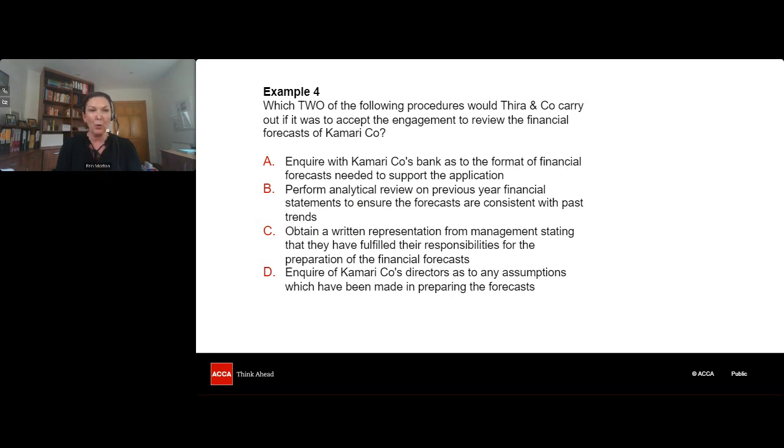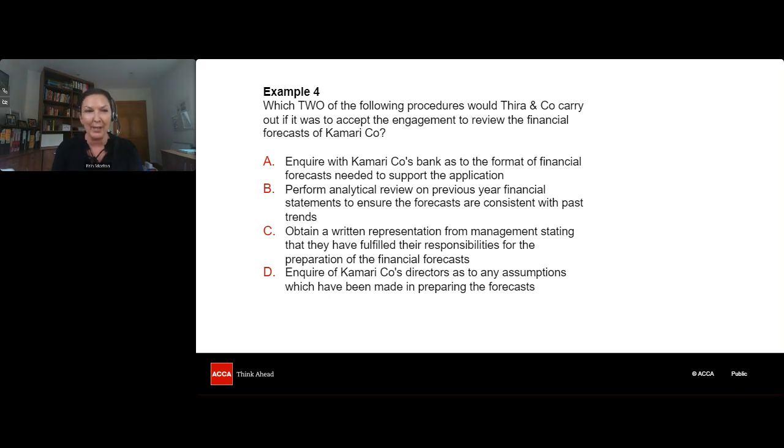Example 4, this next one. Which two of the following procedures would Thura & Co. carry out if it was to accept the engagement review of the financial forecasts of Kamari? So if they were going to accept the work to do the financial forecast for them, which two procedures would